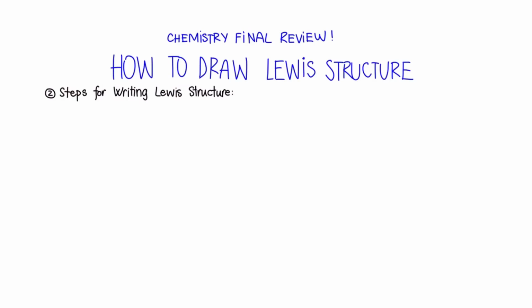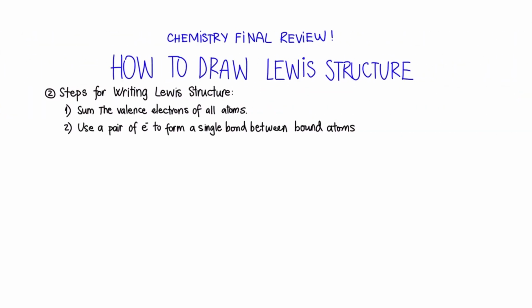Next, let's look at the steps on how to draw or write a Lewis structure. Step 1 is to sum the valence electrons of all atoms. Step 2 is to use a pair of electrons to form single bonds between bound atoms. And the last step is to arrange the rest of the valence electrons according to the octet rule, or the duet rule